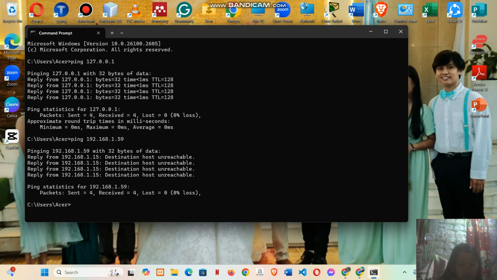And then third is to check the connection to the router. So ping the default gateway.